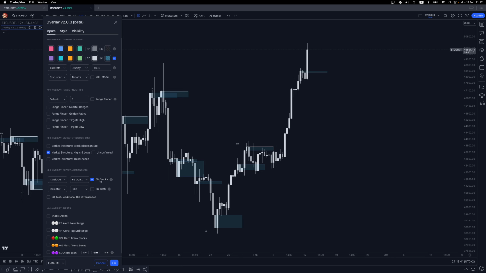Those are the changes, and now we actually get to the good stuff, which is SD tech. So this was previously combined into one row of options, basically. I've now separated them into 2. And these are your swing failure patterns and your deviations and that kind of stuff, right? Remember